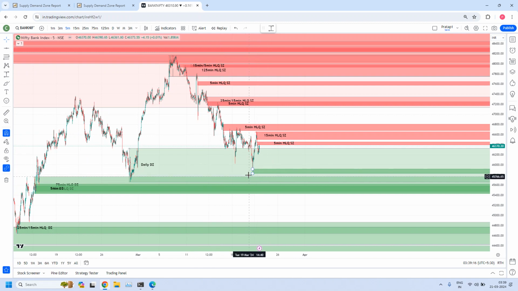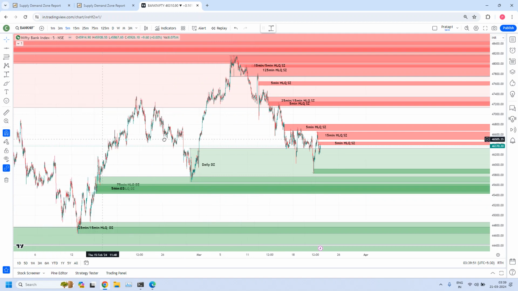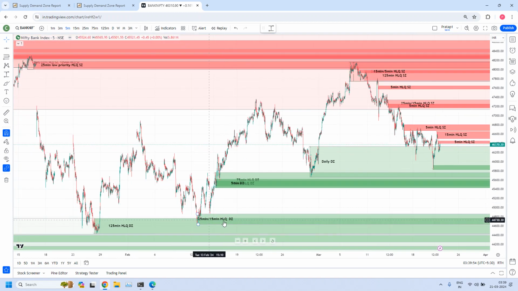What happens? Demand is not building up. The new demand they are not adding. New supply they keep on adding. When you are seeing all these supplies, what is the point that will come to your mind? Definitely one of these supplies, maybe this one or this one, will completely consume the existing demand, and that way this daily demand zone will be violated. After that, the next high liquidity, the fine-tuned demand zones inside this 75, it will hold, it may give another entry. After that, that will also be violated, and finally prices will get into the next level zones.